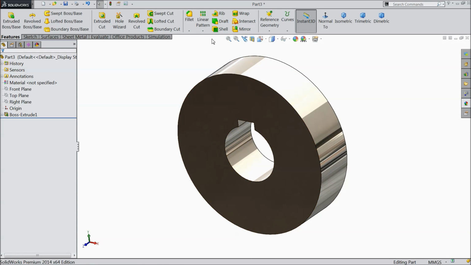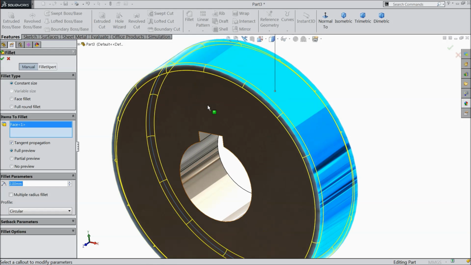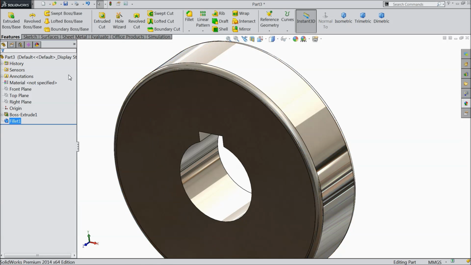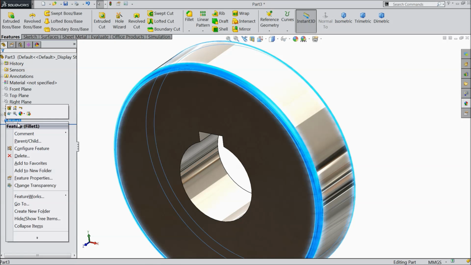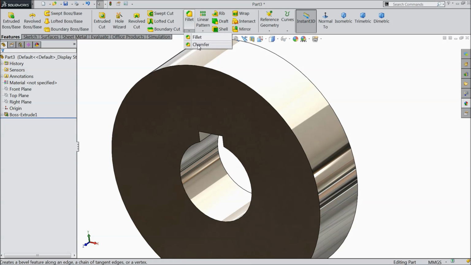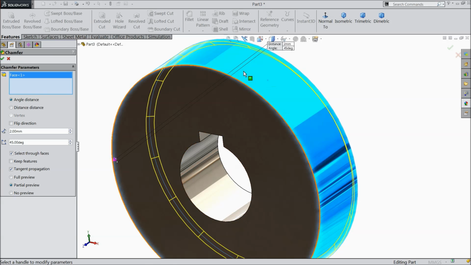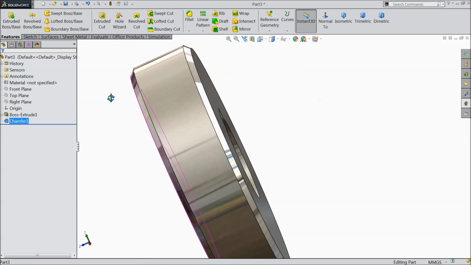See here, select fillet, keep 2 mm, select this circular face. Okay, delete. We want to add a chamfer, not a fillet. 2 mm 45 degree. Now select this surface or face. Okay, now see here,